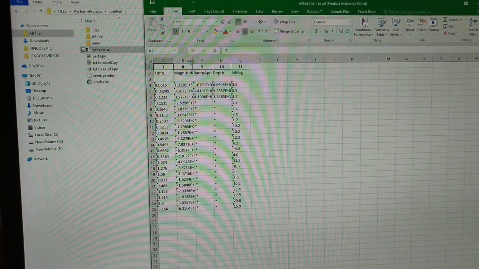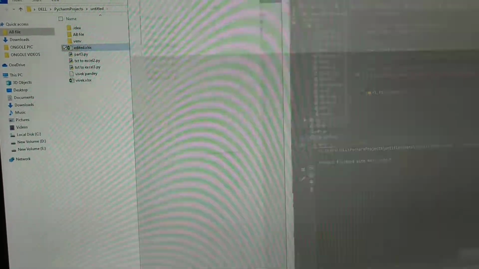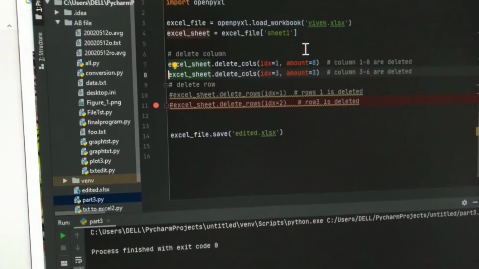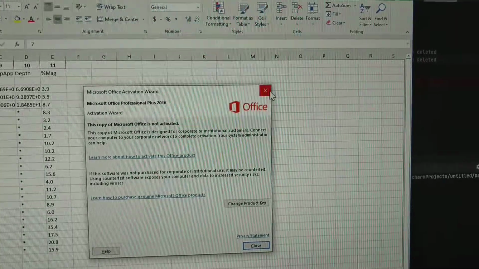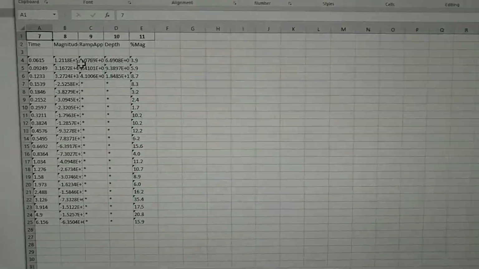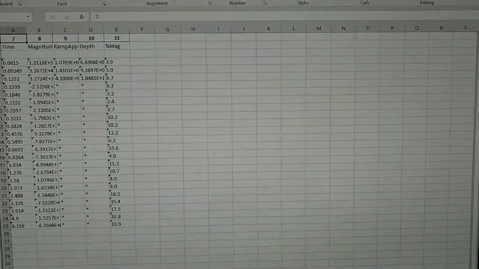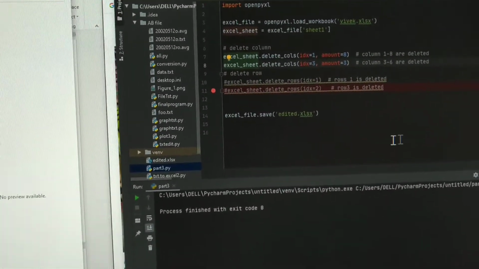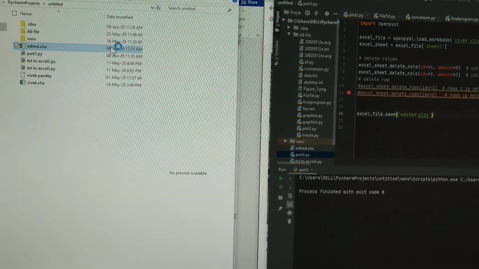So I want to delete these 3 columns also. So I have to introduce one more command, like index 3. Index means the column number is 3, so the starting column is 3, so index 3, and the number of columns I want to delete is 3, 1 2 3, so index 3 amount 3. So if I run this program, I'll get